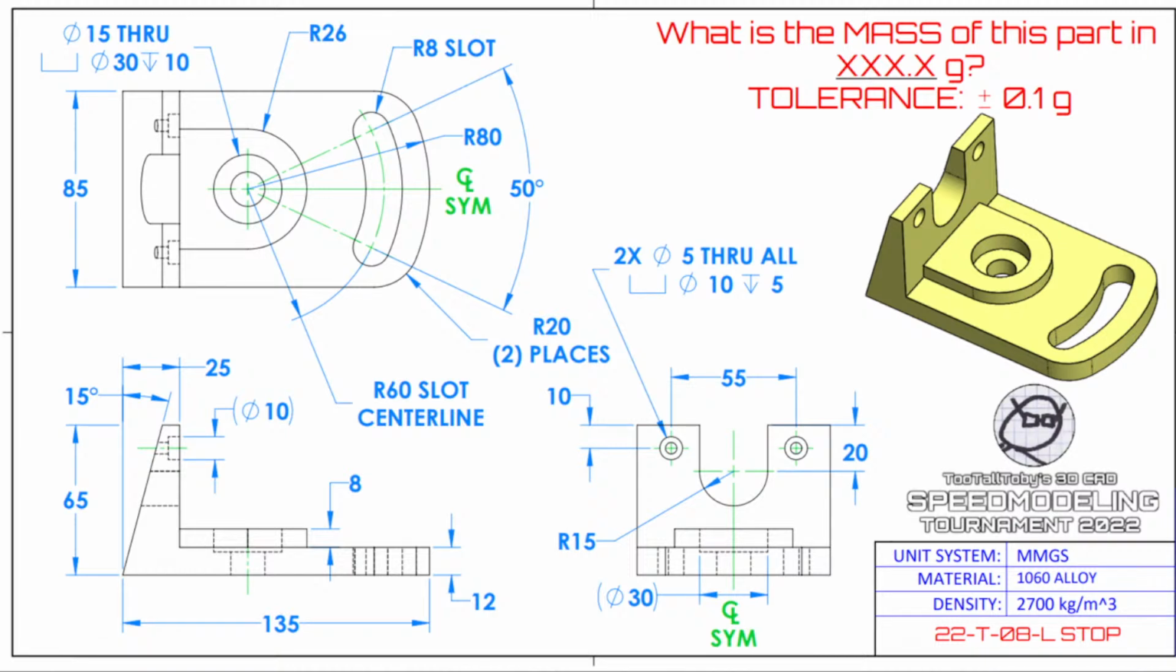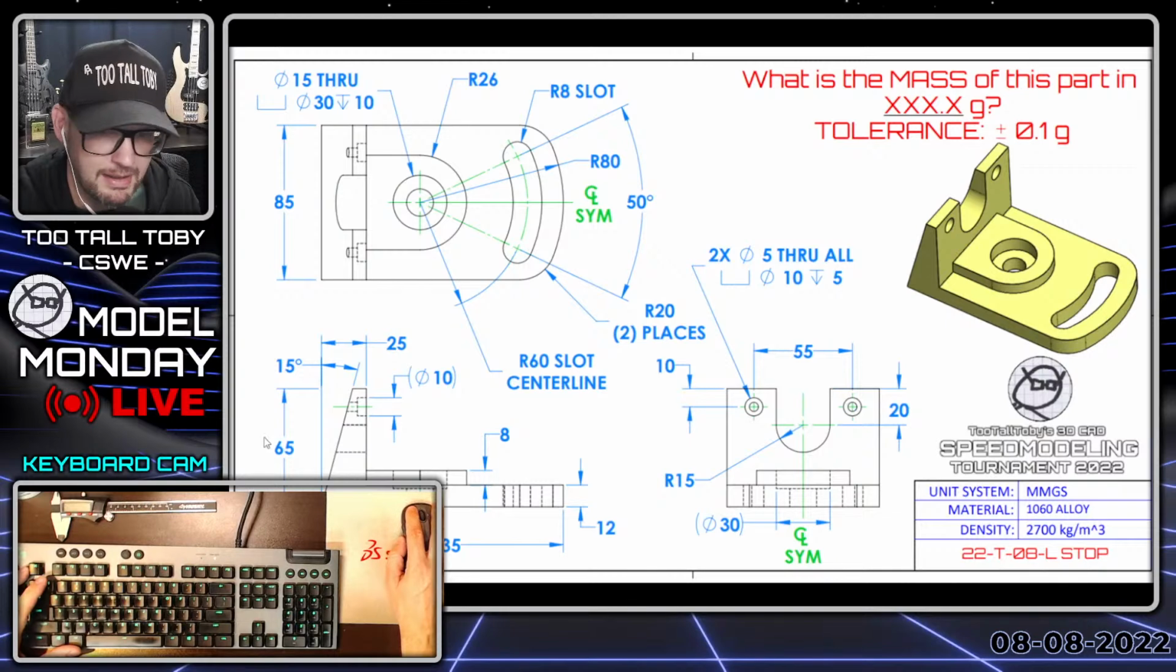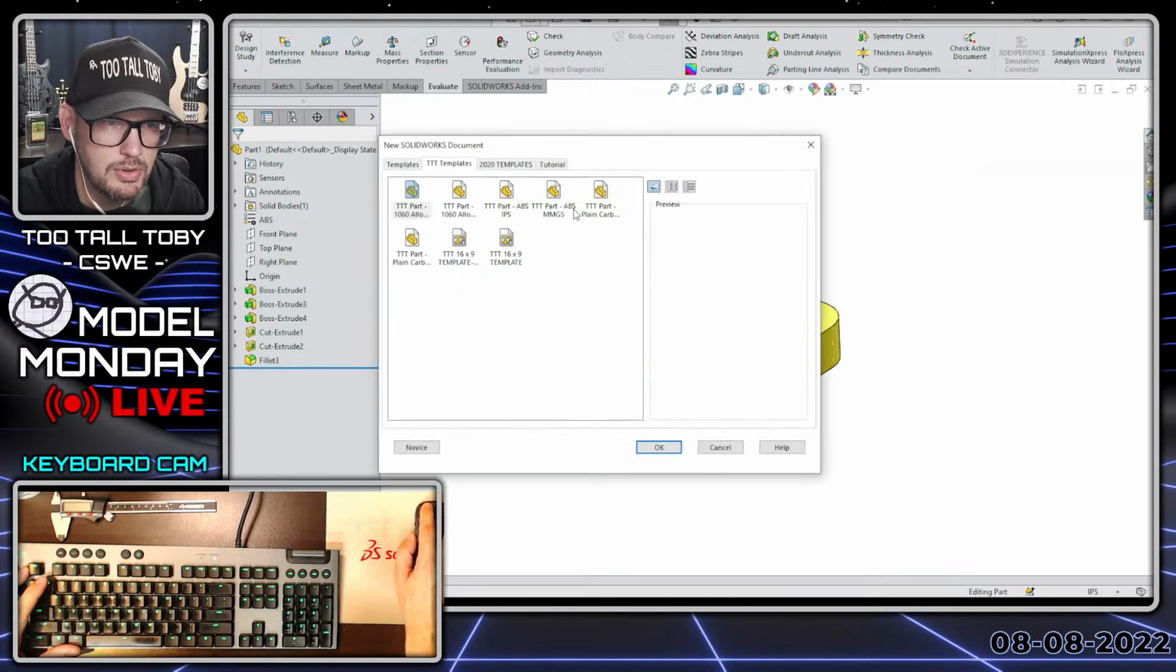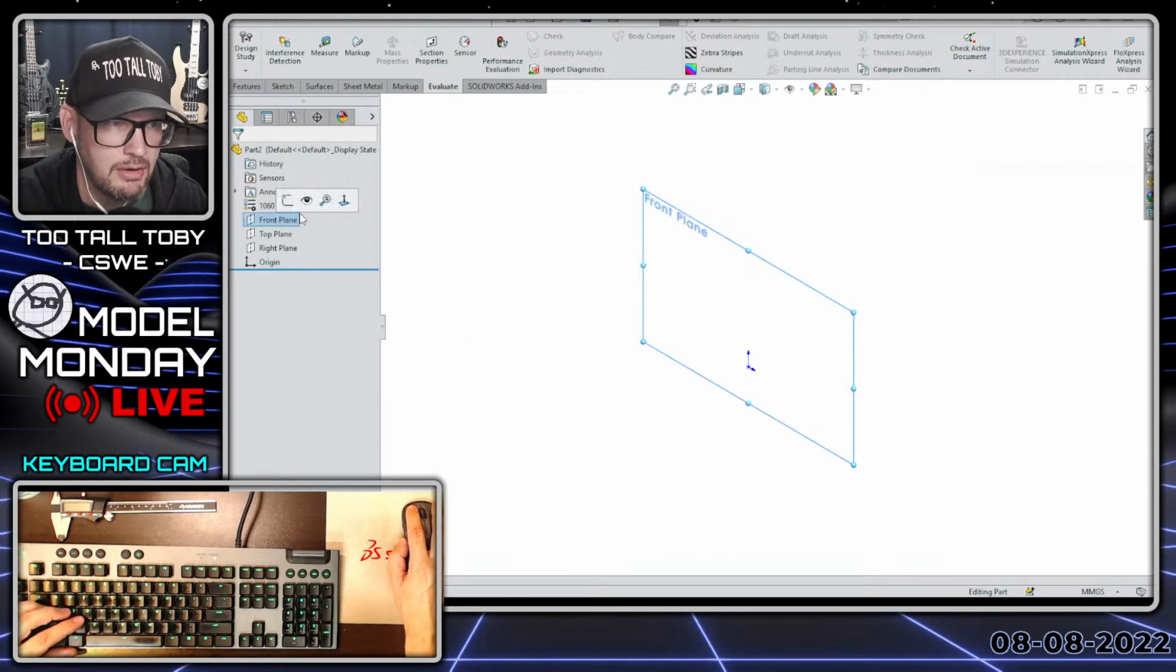If you're watching the recording, you could just pause the video, model it up yourself, and then you can watch the recording back and see how I do it. But this model is in MMGS, and it is in 1060 aluminum alloy. So I'm going to flip back over here to my SOLIDWORKS environment and start a new part and try to create this model. So I'll go new here, and I'll go 1060 aluminum alloy in MMGS, front plane,